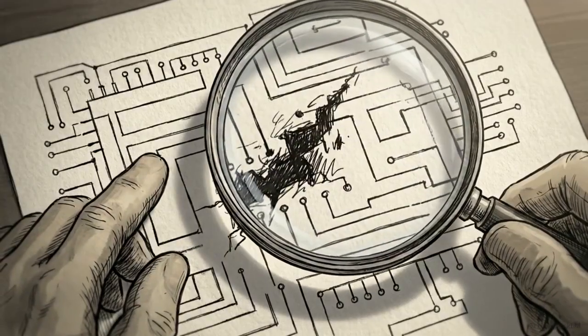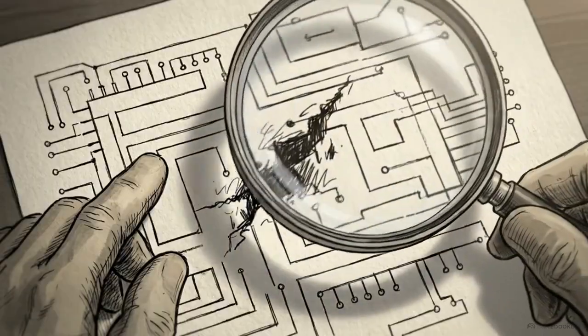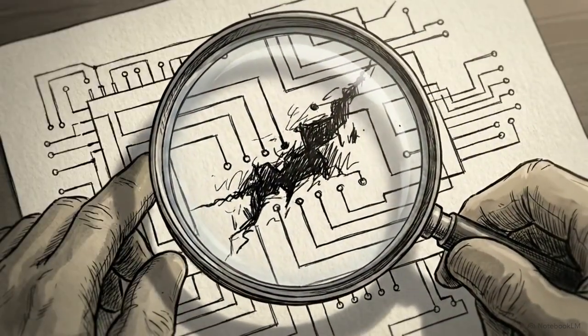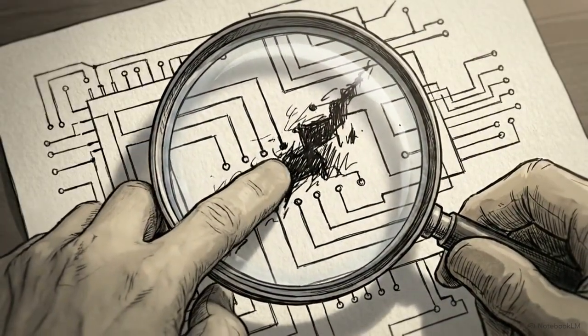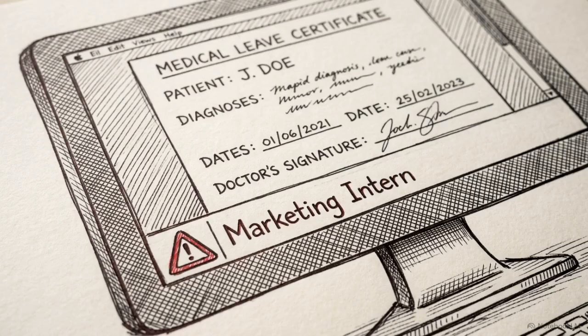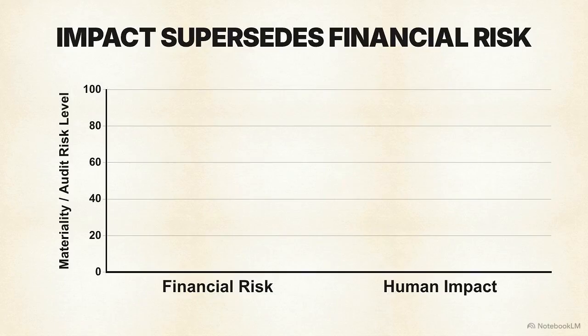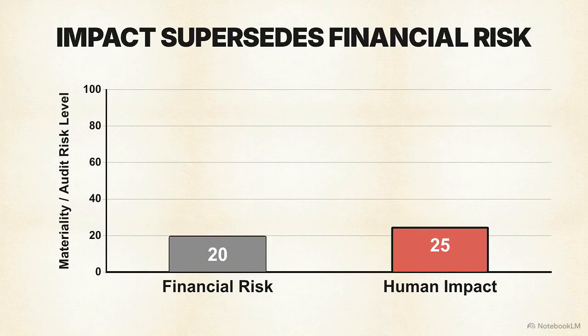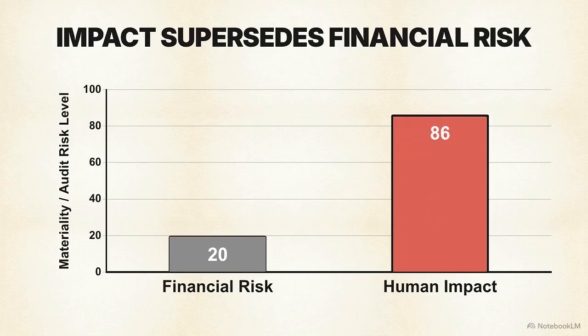This brings us to how auditors calculate materiality and assign risk ratings. In GDPR, we focus strictly on the evidence gap. A minor documentation flaw, like a missing privacy notice for basic business contacts, carries a low risk profile. But uncontrolled system access to special category health data represents a critical operational failure. Materiality here is measured strictly by the potential harm and exposure to individuals. This metric entirely supersedes traditional financial audit thresholds.